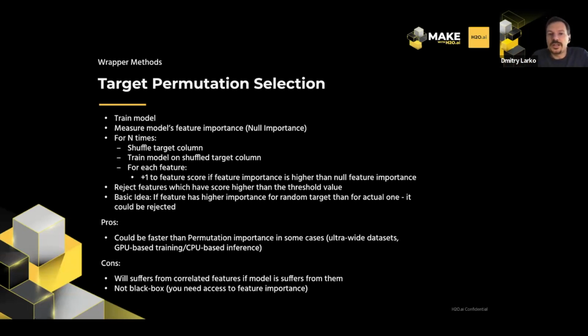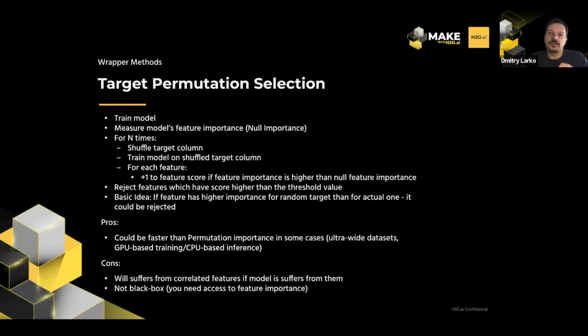So what we do, basically, we repeat this process n times, and each time we see this feature importance higher than the null importance, we just assign a +1 score to this feature. And if this feature too often has this +1 assigned, we basically reject this feature completely. Despite having to train n+1 models for this approach, sometimes it's actually faster than permutation importance in some cases,